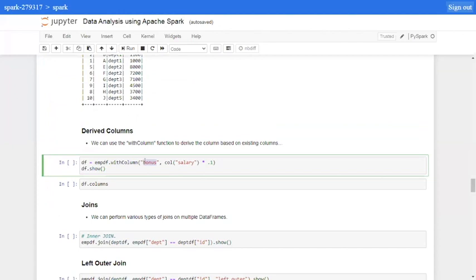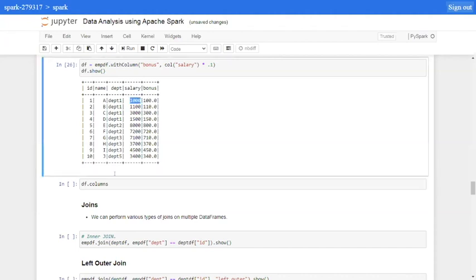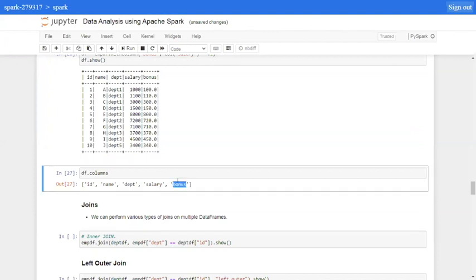So we will create a column named bonus, and this will be calculated as 0.1 of our salary. If I execute this, here we have got the bonus column added, which is 10% of the salary. And if I look at the columns, obviously we got another column added to our data frame.